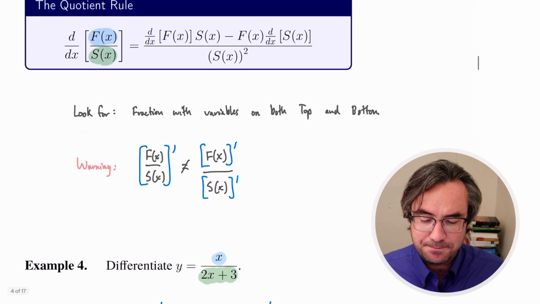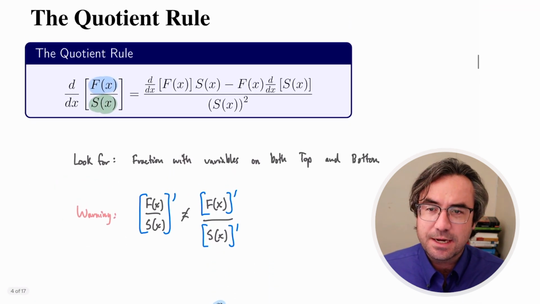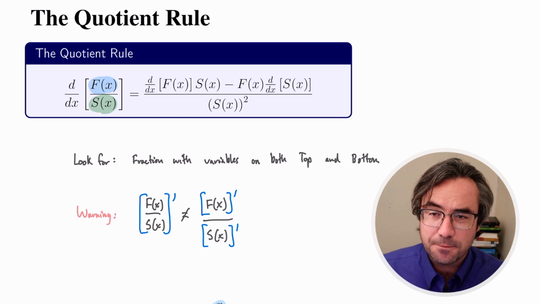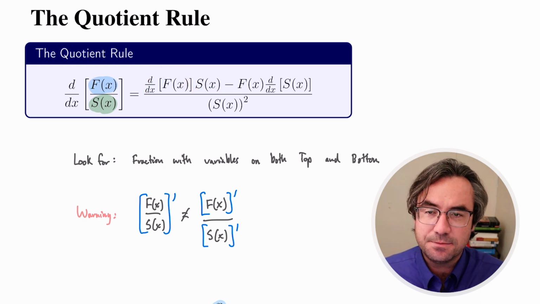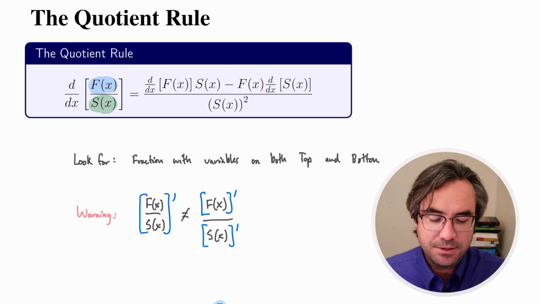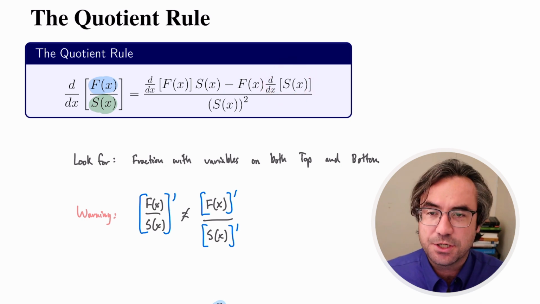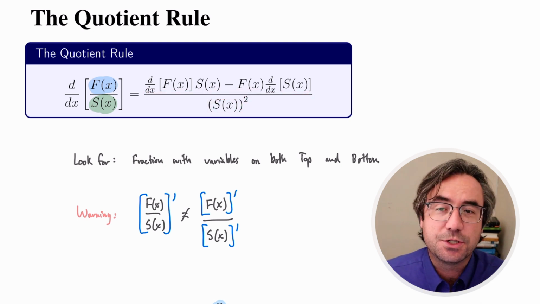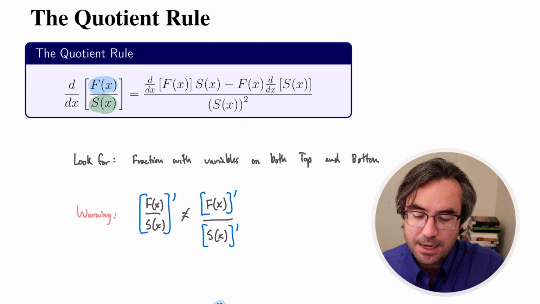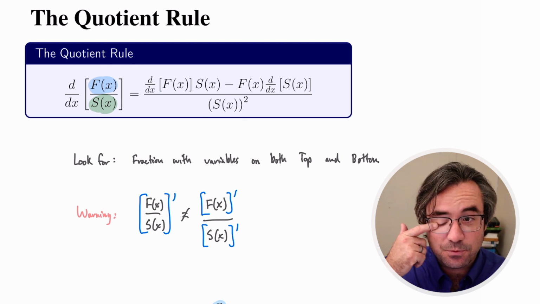And that's our quotient rule. So quotient rule, you can kind of see remnants of the product rule in there. So it's the derivative of the top function times the bottom function minus the top function times the derivative of the bottom function. Make that into a big fraction, and then we square the original denominator. Way to kind of remember this rule,